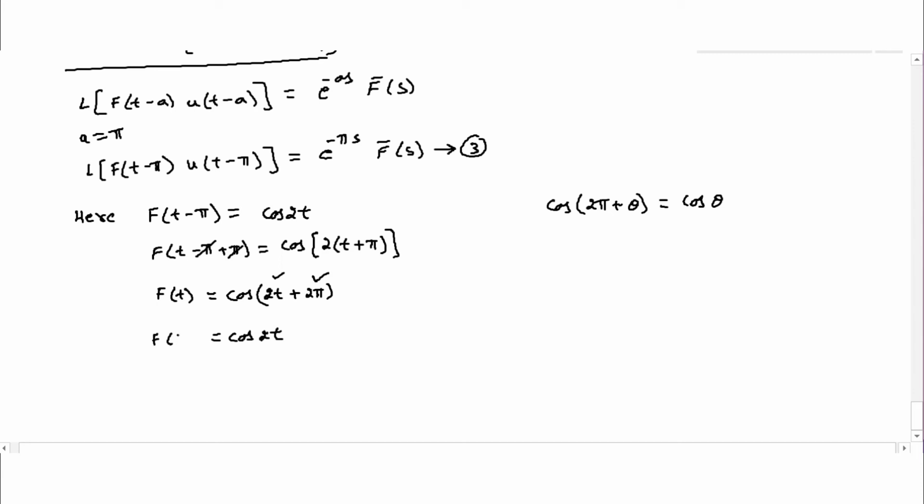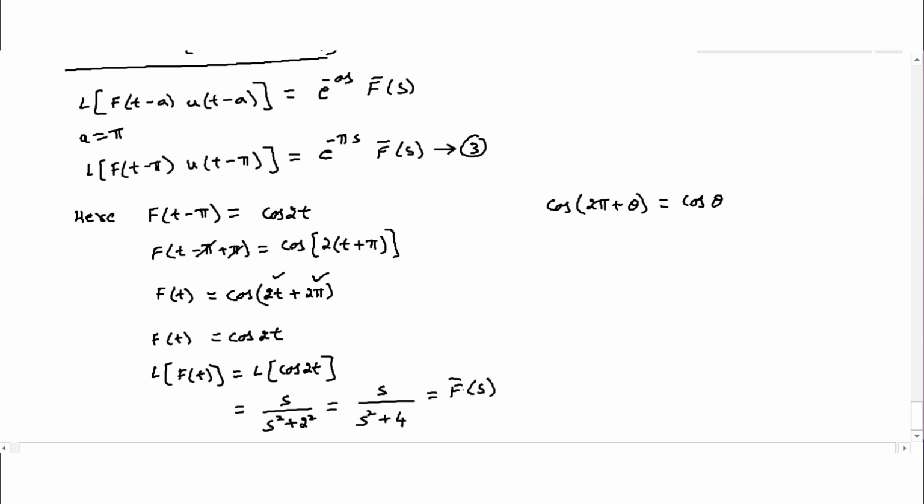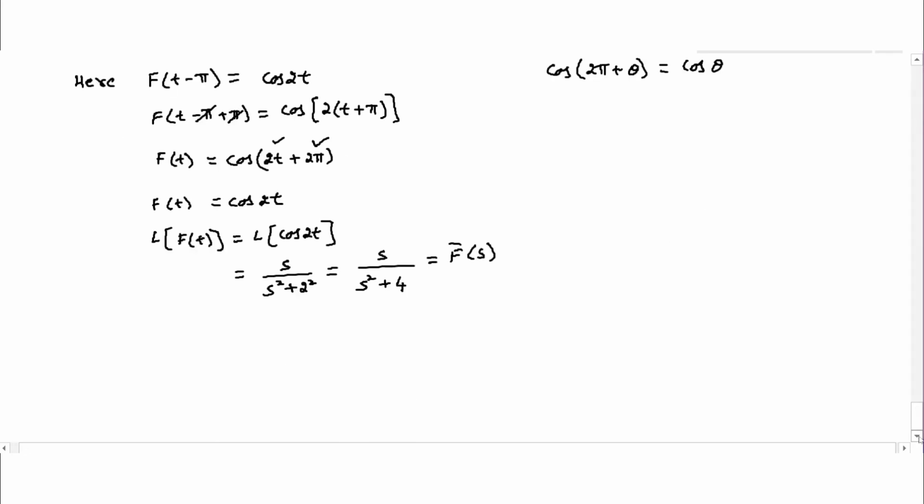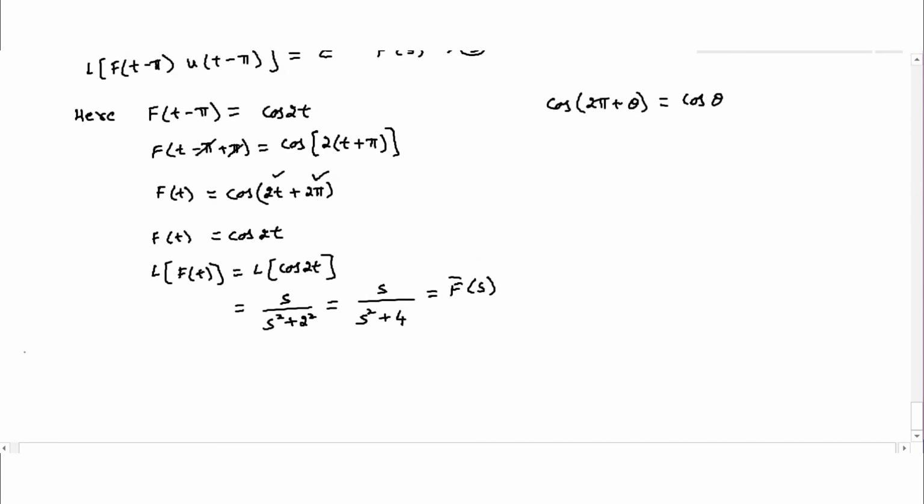So now let us try to find out its Laplace transform. So Laplace transform of f of t will be equal to Laplace transform of cos 2t. And we know Laplace transform of cos 2t will be s by s square plus a square, where a is 2, so 2 square. That is nothing but s by s square plus 4. So I can take this value to be equal to capital F bar of s. I need to plug in this value back in equation number 3. If you plug in this value back in equation number 3, equation 3 implies,